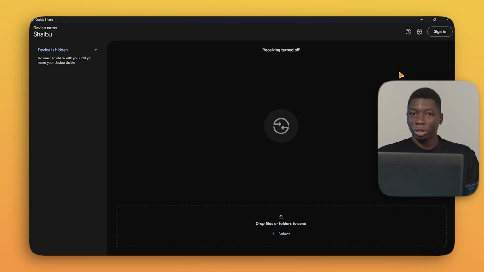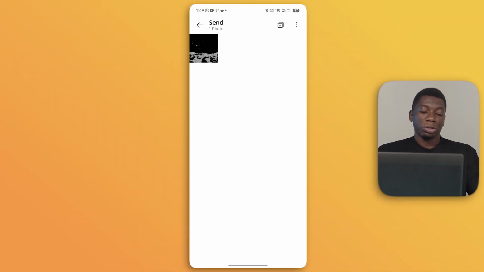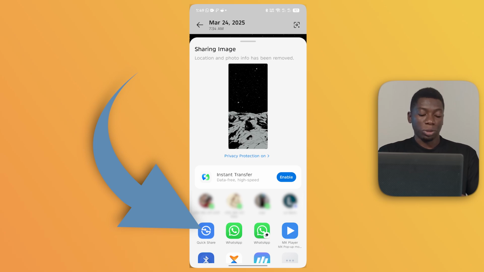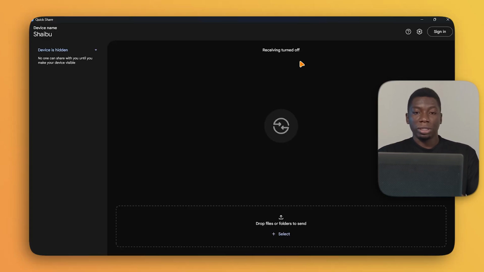Okay, so let's say you have a picture you want to send from your phone to the laptop. Head to where the picture is on your phone. Next, you press the share button on your phone. For me, it is the button in the bottom left corner. Then you're going to see the Quickshare option. Tap it. On your PC, open Quickshare, come up here to where it says device hidden, click it and then